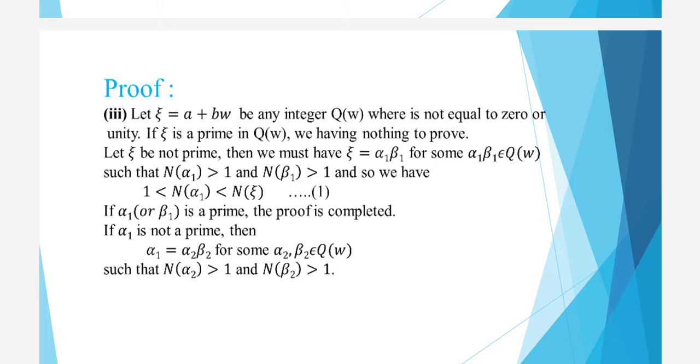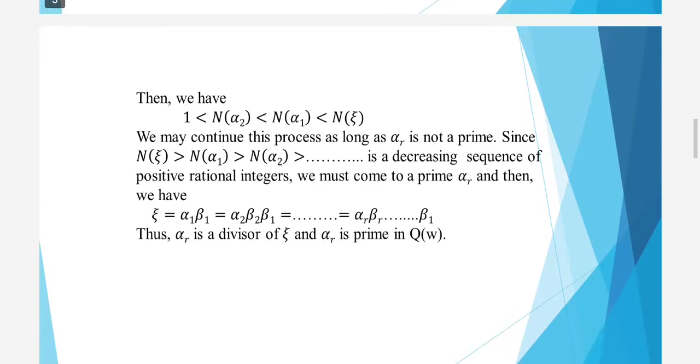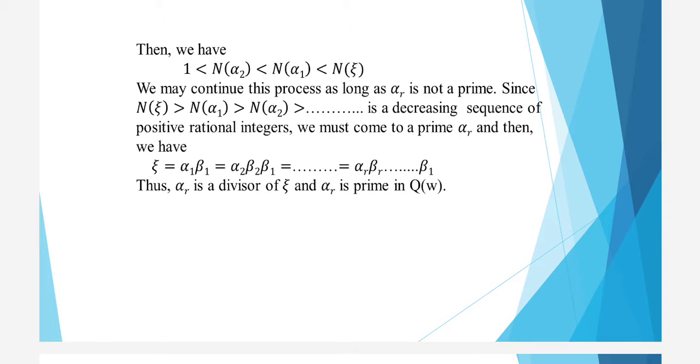If α1 is not a prime, then α1 = α2β2 for some α2, β2 belonging to Q(ω) such that N(α2) > 1 and N(β2) > 1. Then we have 1 < N(α2) < N(α1) < N(ξ). We may continue this process as long as αr is not a prime, since N(ξ) >